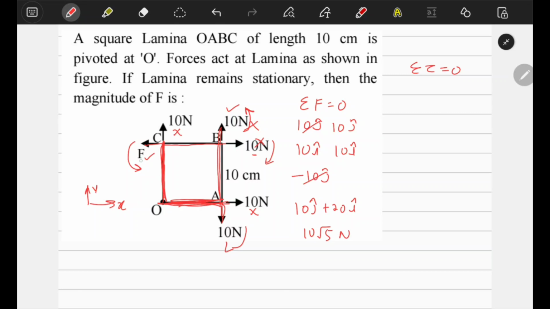So we are left with this force F and this force 10 Newton. Now both are acting at the same perpendicular distance. So we can easily say F equals 10. Why? Because the torque of this is 10F. Let's say this is 10 centimeter, we should change it into meter. But to save our time, we can say R perpendicular times F, R perpendicular times 10, R perpendicular will be cancelled out from both sides. We are left with the answer F equals 10 Newton.